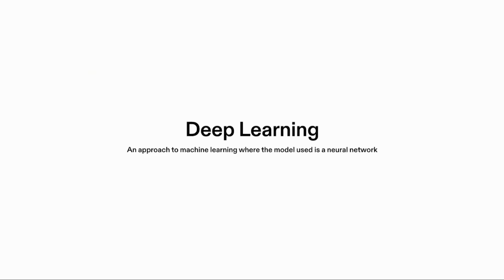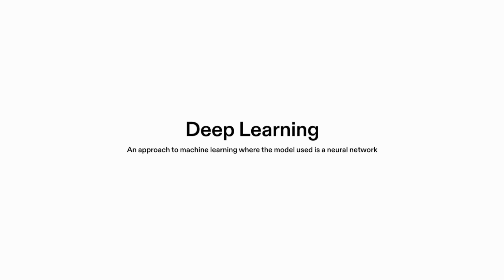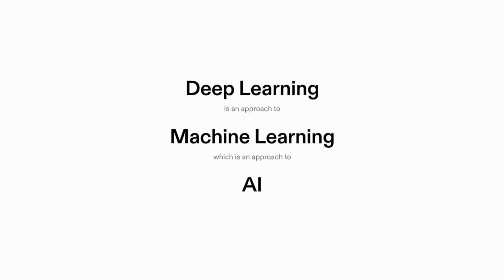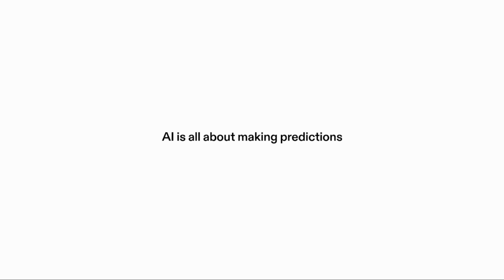And then you've got deep learning, which again is kind of one of those terms mixed in with AI and machine learning and often used synonymously. But really it's an approach to machine learning, where the underlying AI that you're using is a neural network. Deep learning is an approach to machine learning, where you're using neural networks, which I'll explain in a second. And machine learning is an approach to AI. And machine learning is where you're having the system learn from examples of data. And AI in itself is just having computers that learn to do something in some way without being given those step-by-step instructions. So AI is really all about making predictions.